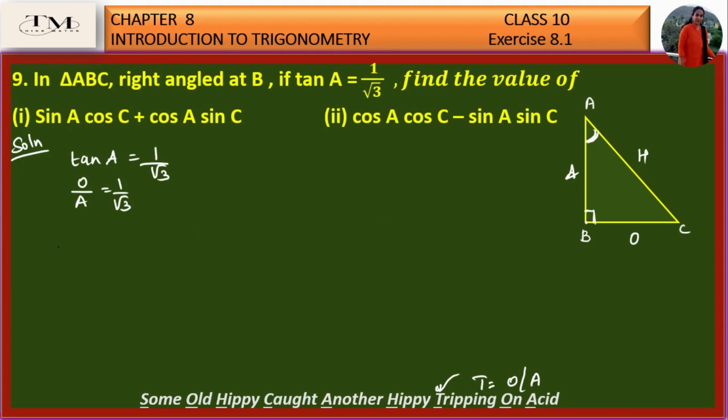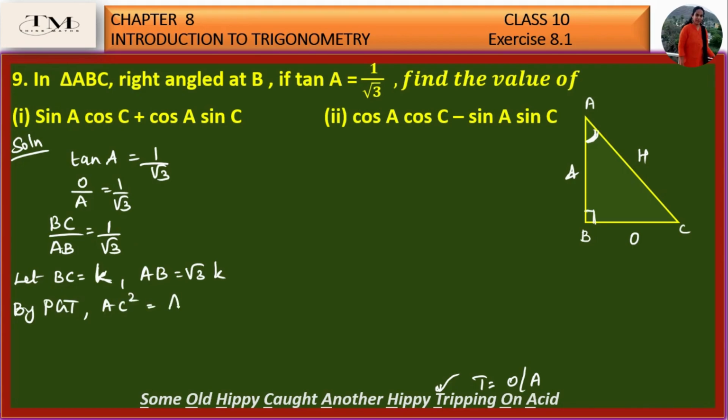Tan is nothing but opposite by adjacent, which is 1 by root 3. So which is the opposite side? BC. So BC by adjacent side AB is equal to 1 by root 3. As usual, after simplification, we will get 1 by root 3. So both have a common factor k. So then BC will be 1k, which we can write as k, and AB will be root 3k. So k is the common factor. If we divide by the common factor, we will get 1 by root 3. Now we have to find out AC. So by Pythagoras theorem,